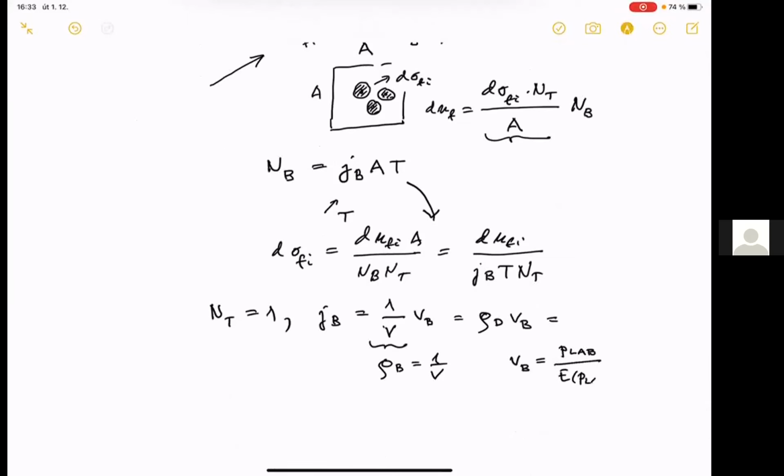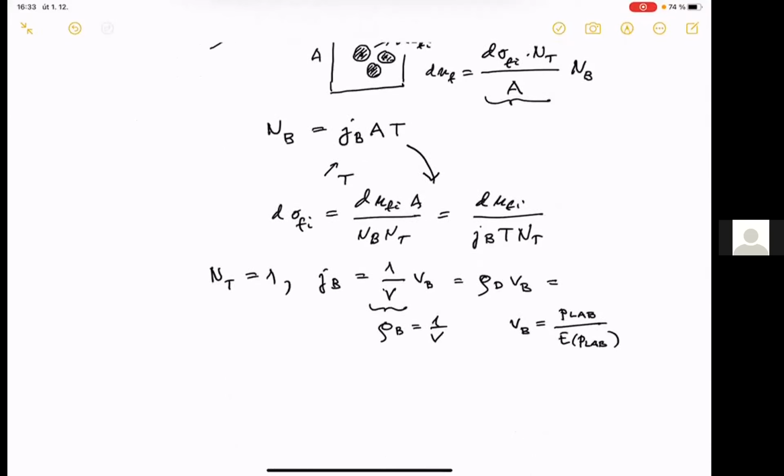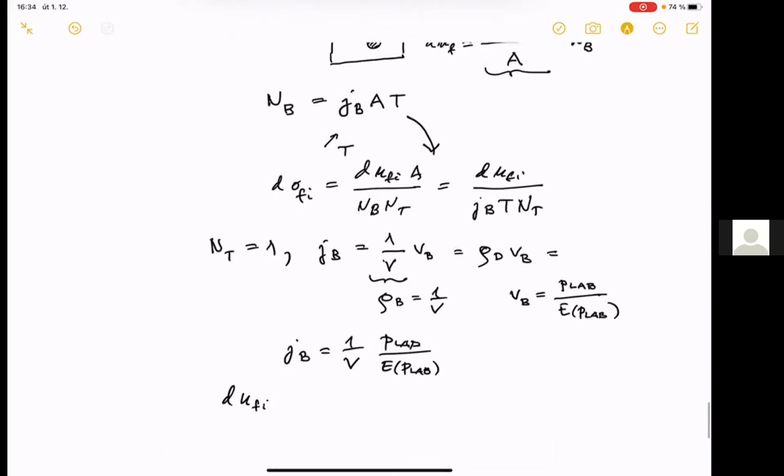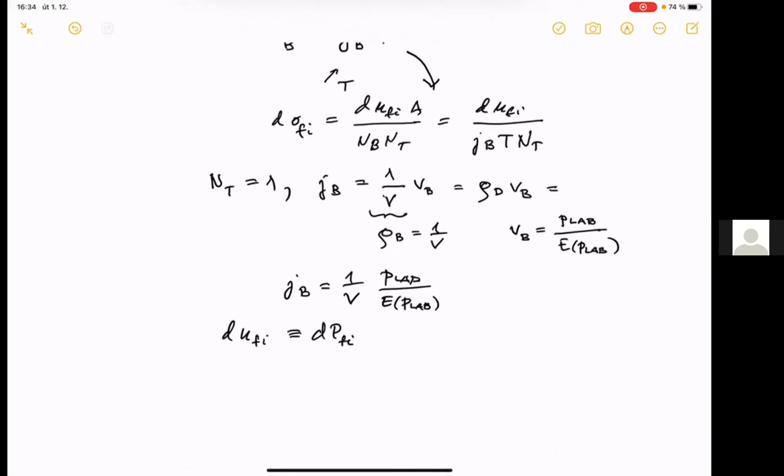So this is the velocity. So in the end, we obtain that our current J_B is just 1 over V times this P_lab over this energy of the incident particle. And now this dN_Fi can be identified with our dP_Fi. Okay, so inserting this into our formula for the differential cross-section, we just obtain